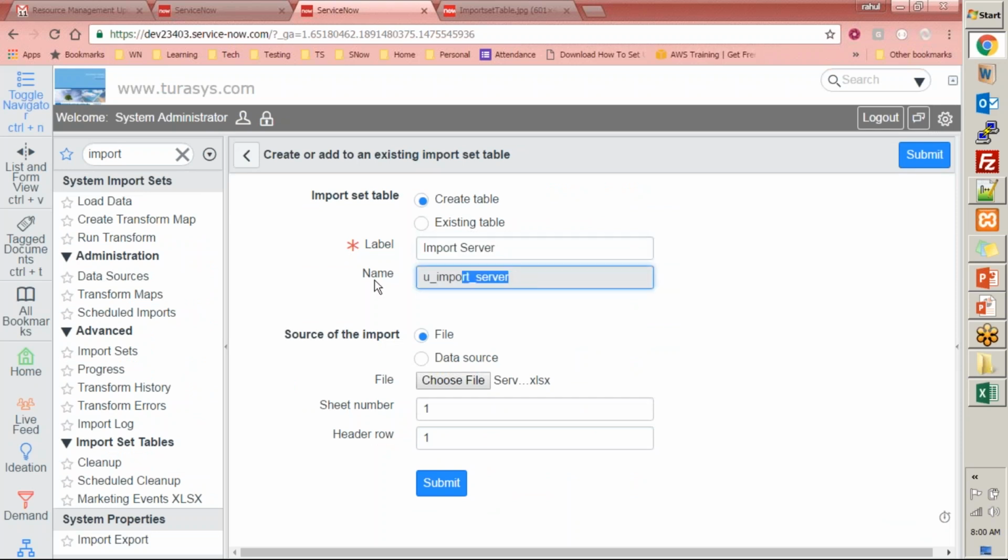So here I identified the table name, and here I am identifying the records that I want to insert into the import set table, right? U import set import server. Now when I submit this, table U import server will be created, and this data will be imported into that import set table. Let's do that. I just hit submit,